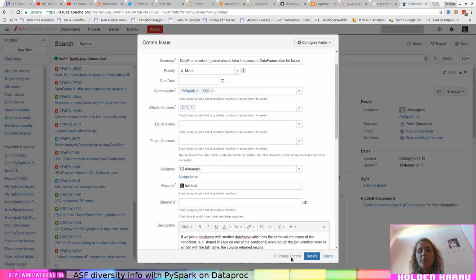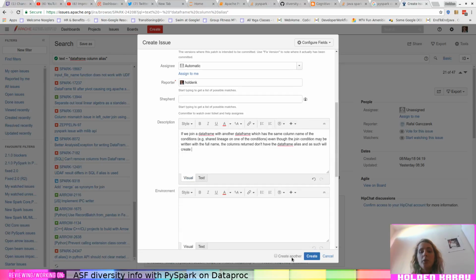The columns returned don't have the data frame alias, and as such will create a cross join.